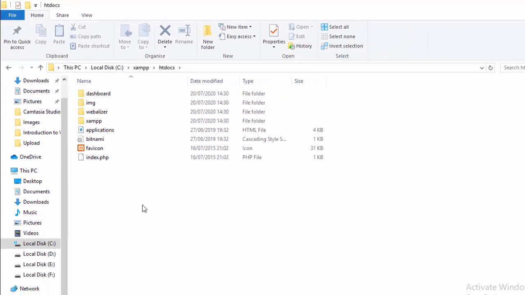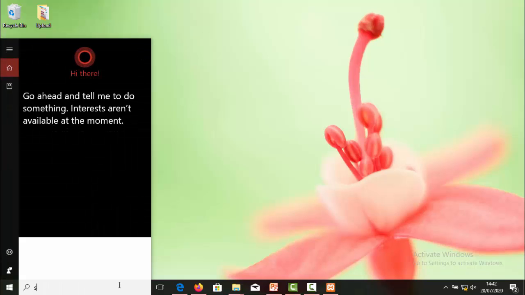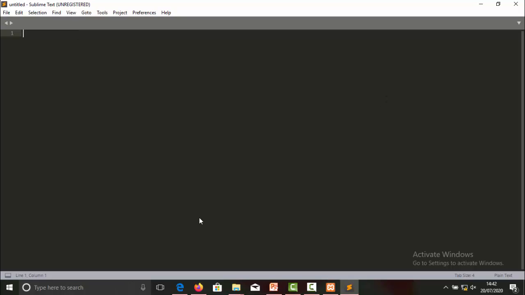Here I'll first open an editor. You can use any editor of your choice. You can use Notepad, Notepad++, Sublime, or any other editor. Here I am using Sublime Text Editor, and I am going to create a file with extension .php.